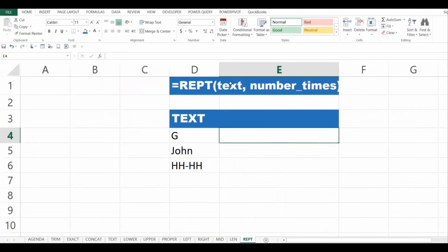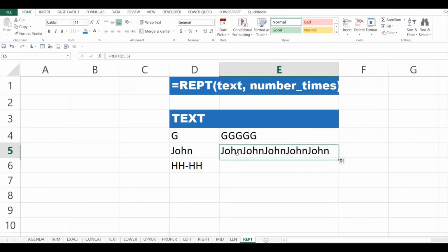Next is the repeat function. What does the repeat function do? If you want to repeat this text a number of times, I say repeat, and I want to repeat G maybe 5 times. I put 5, and there you go. So if you want to repeat John also 5 times, you can just copy down and you get 1, 2, 3, 4, 5.